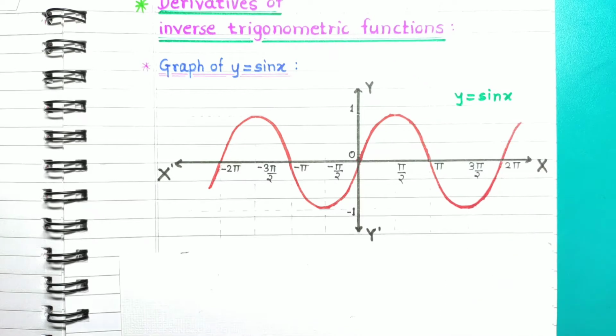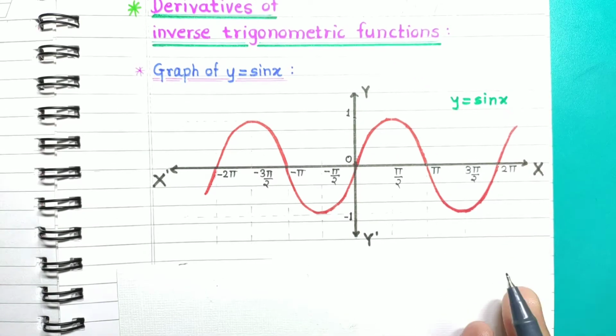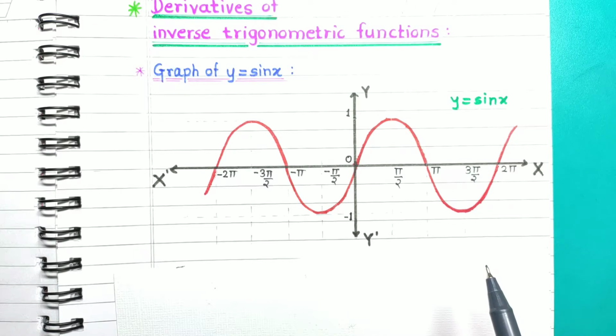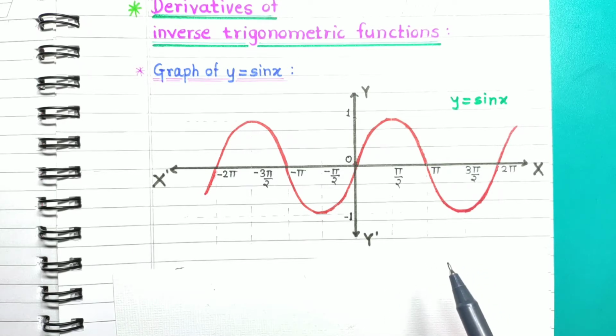So it is not one-one, and this is true for all other trigonometric functions. So no trigonometric function is one-one, and therefore we arrive at the conclusion that inverses of trigonometric functions do not